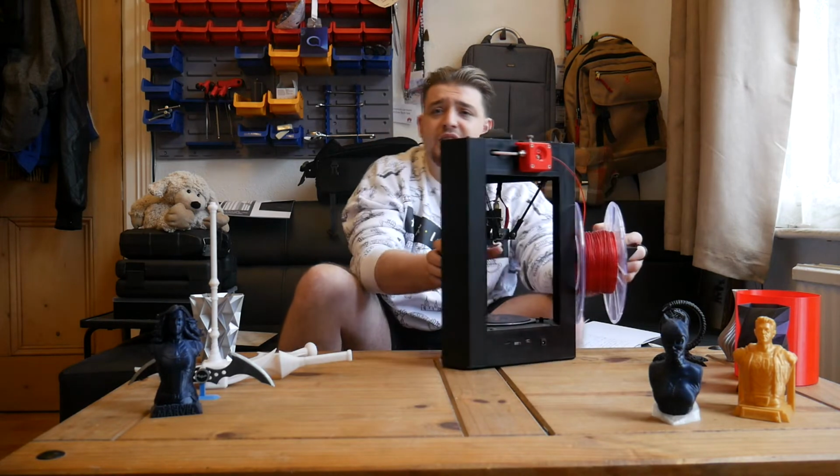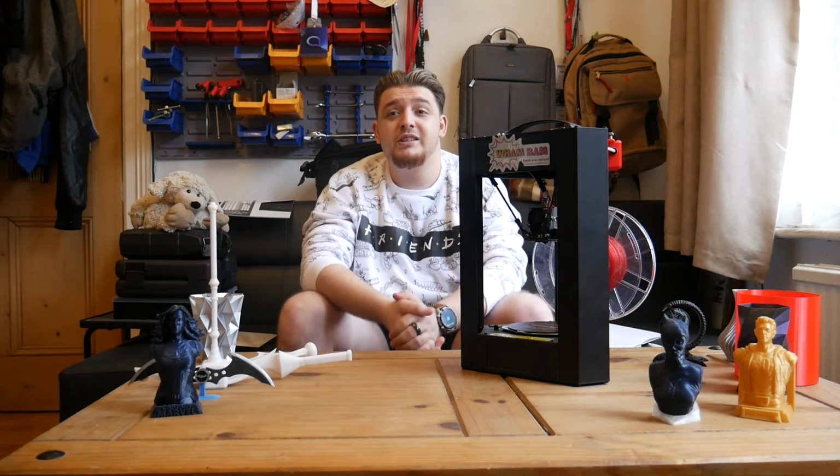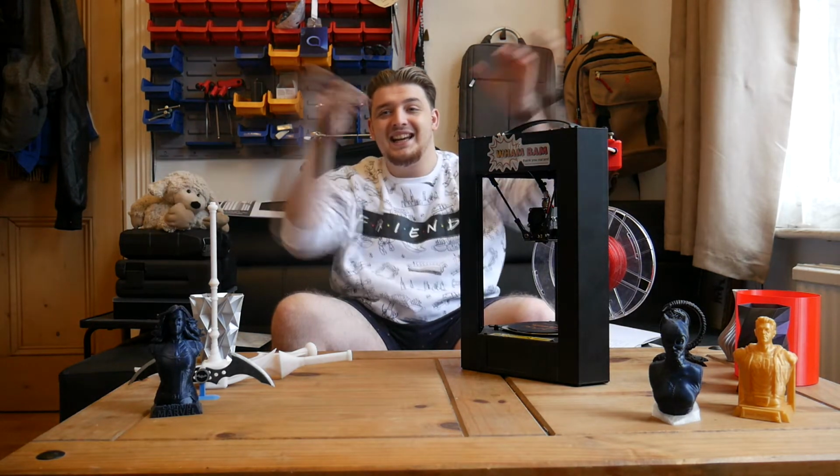The extruder on the side is bright red. That is not the original extruder. Why is it not the original extruder? Because the original extruder exploded! Yay! The injection molded ABS